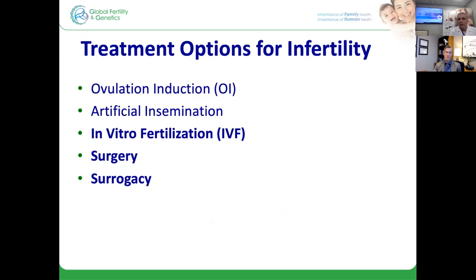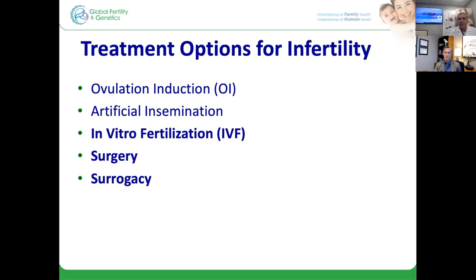These are some of the options for infertility treatment. For example, a patient that does not ovulate, we try to induce ovulation or make the ovary grow an egg every month and ovulate this egg to have a chance to get pregnant. The second most complicated is intrauterine insemination or artificial insemination, where we do stimulate the ovary to make eggs, but also we will put the sperm into the uterus